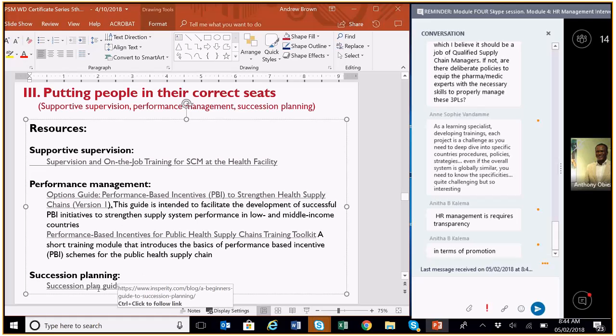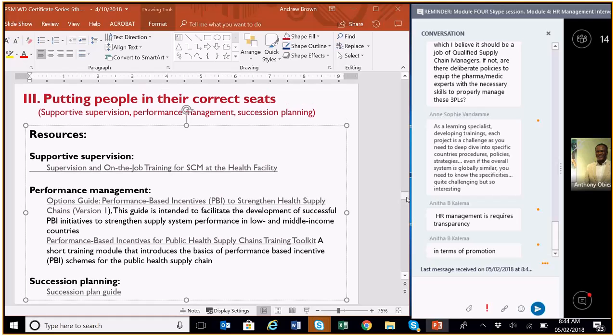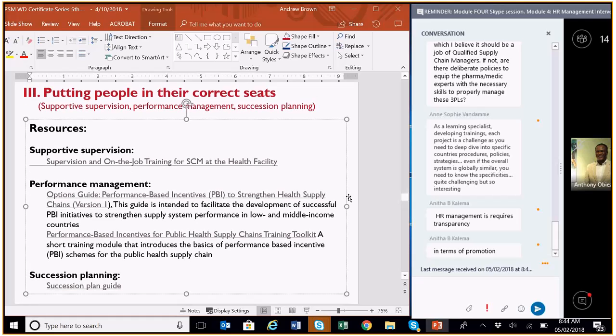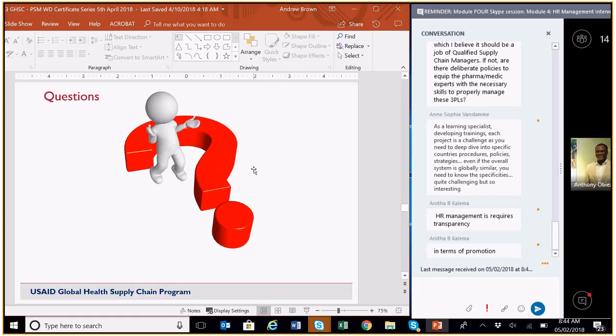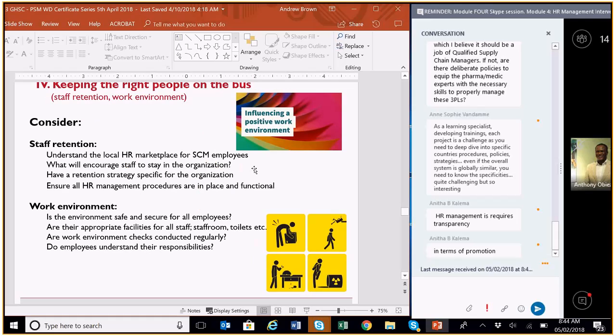This succession planning guide is a general guide provided to businesses that can be applied to any business, but there are other resources I would suggest you have a look at. So again, the idea for this particular webinar is to give you an overview of these areas and resources to dig deep, and for you to hear my emphasis on what I think is important from my experience and what you should be looking at.